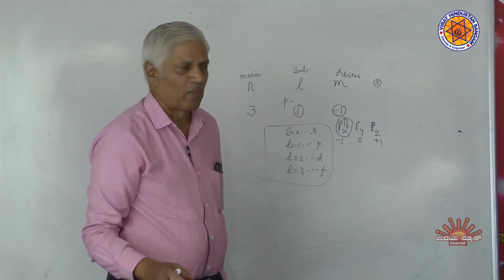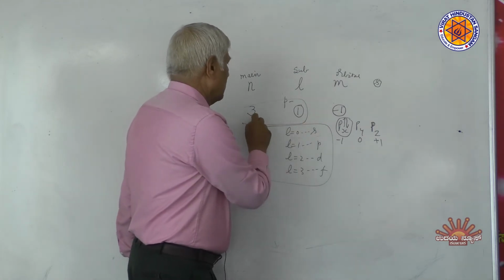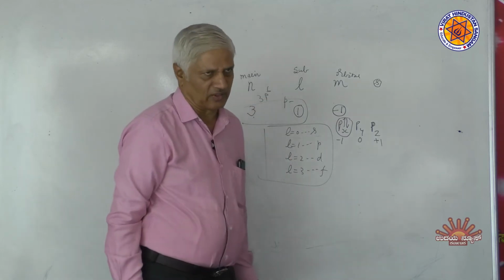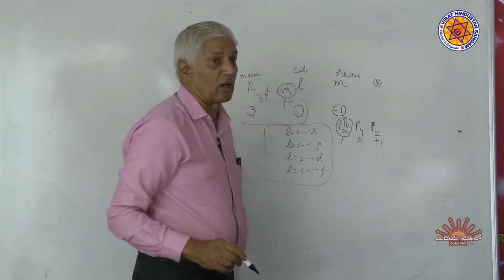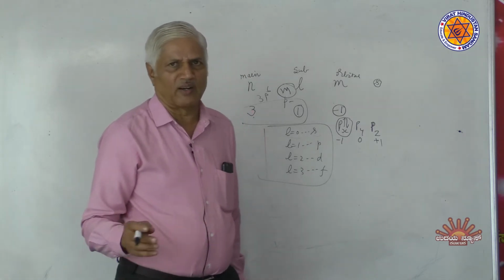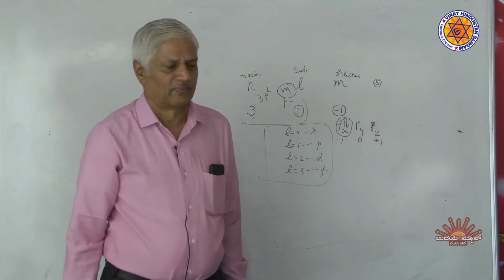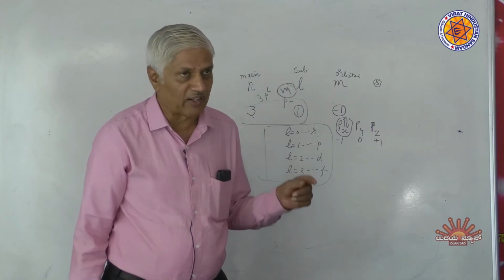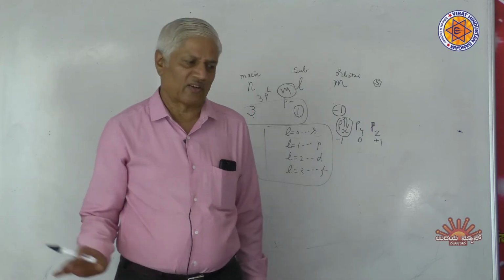Remember, when m is given, suppose I had given n and l only, then it is third shell, p subshell, 3p. The maximum capacity of p is 6. When they give m also, m always indicates orbital. Let it be any orbital, s orbital, p orbital, d orbital, f orbital. Its capacity is 2. So when m value is given, that means they have asked the particular orbital. Orbital capacity is always 2 electrons.